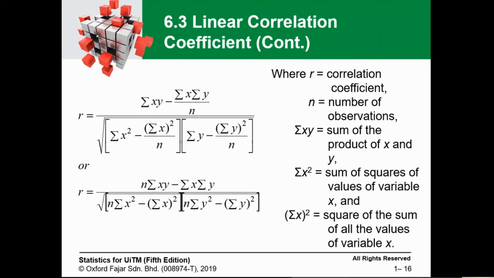So what is the meaning of each one of those? We have R, which is the Pearson, which is the accumulation of x multiplied by y. So we have to calculate x and y for each of the set of observations. Then we do the sum of it, minus the sum of x multiplied by the sum of y, divided by n. n is the number of observations. How many observations do we have? Divided by,